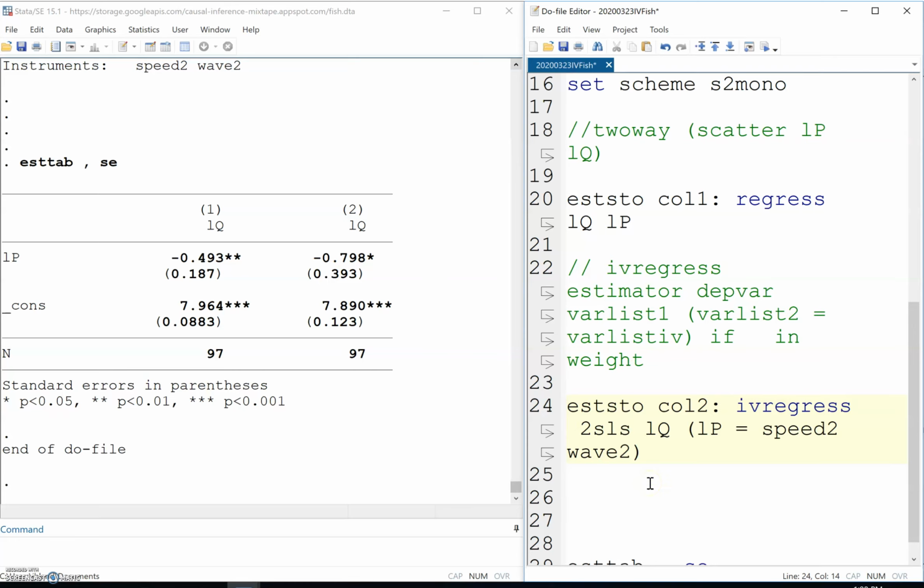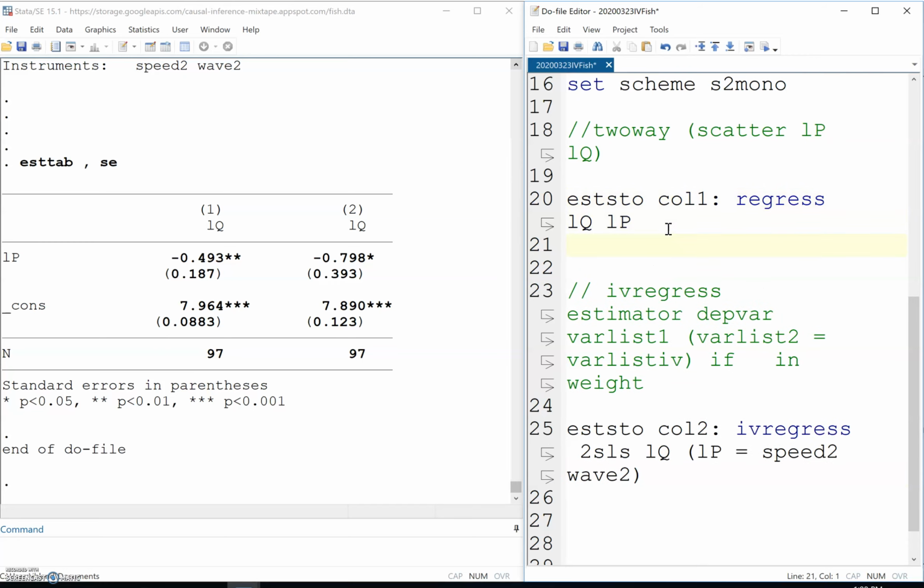Okay, and I'm just going to finish up this video by showing you a little bit about how to make this stab table look a bit nicer. So for one thing, just by looking at the table, I can't tell which one of these is OLS and which one is IV. So I can do this by giving stab a little bit more information. So let's say est add